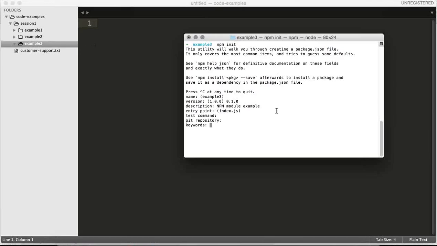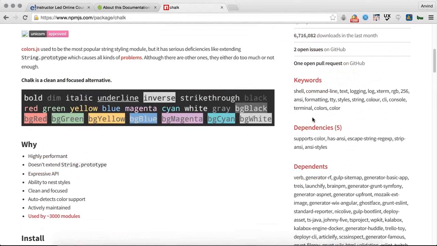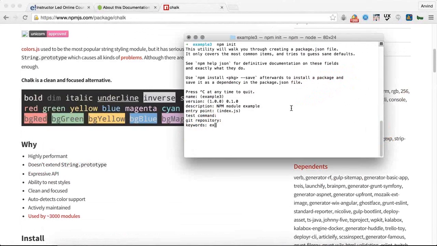You can provide a GitHub repository where your project is stored. Since we don't have any GitHub repository, I'm going to hit the return key. You can associate a bunch of keywords which you can use to tag this application. So if you're pushing this particular repository to the NPM package manager's repository, that is npmjs.com, you can provide a list of tags or keywords so that people can search your application easily, like this. We are not going to provide any keywords, or you can provide a keyword like example and then say node